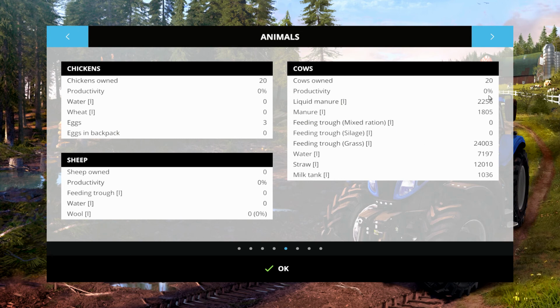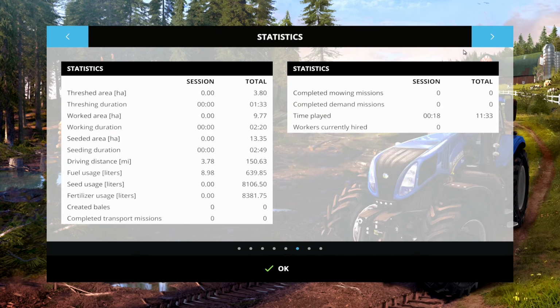Cows we've got doing quite well. Don't worry about that. That'll pick up in a minute once it's calculated. So they're producing manure, both liquid and solid, which is great. Feeding trough, mixed ration, no. Silage, no. You've got 24,000 litres of grass, water, straw, and they've got 1,000 litres of milk. Fantastic. Now, what I'm looking for is...